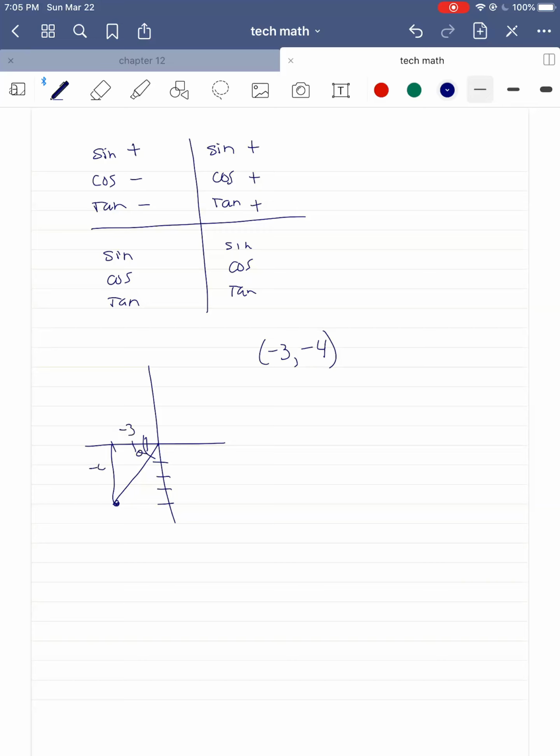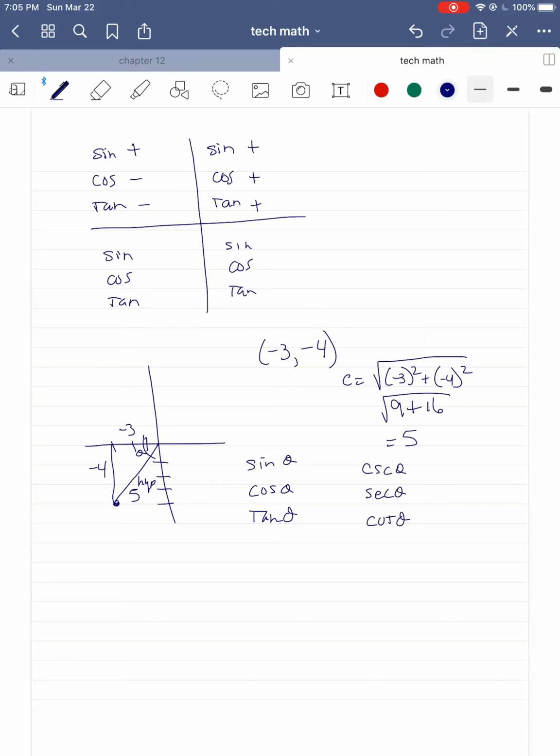So this is minus 3, minus 4 on the y, and here's my hypotenuse. And again, when I calculate my hypotenuse, the negatives are going to square out. So 9 plus 16, this still comes out to a 5, square root of 25. This is a 5. So my list of my trig functions: sine, cosine, tangent,